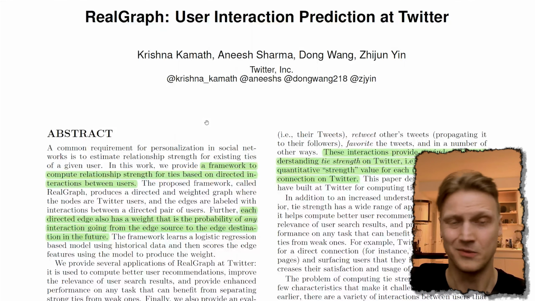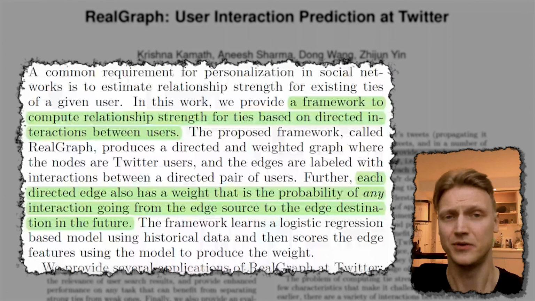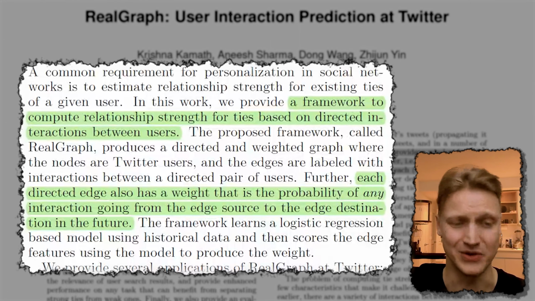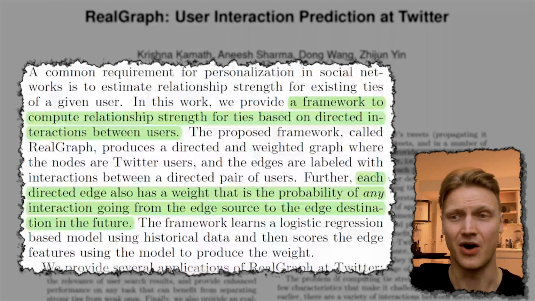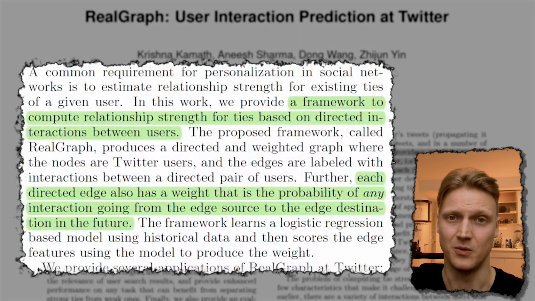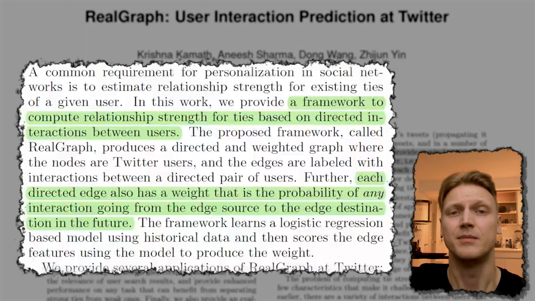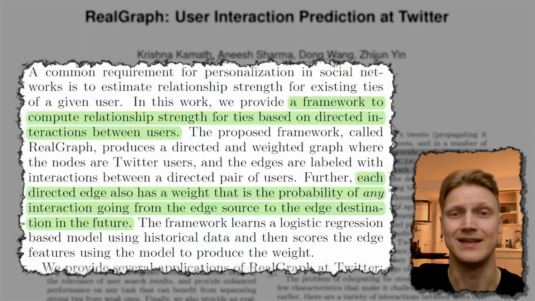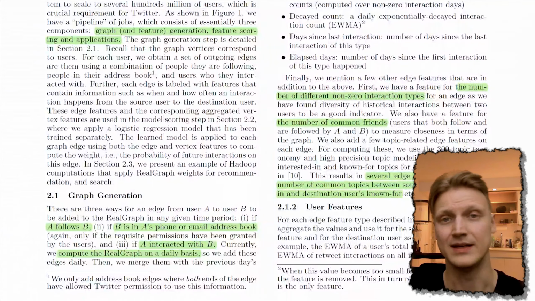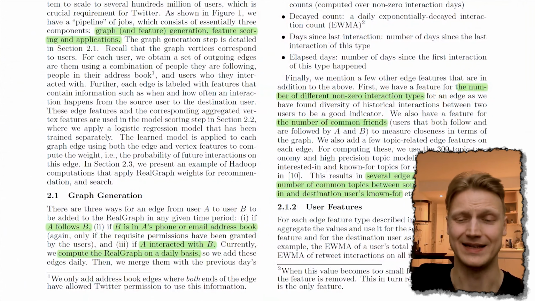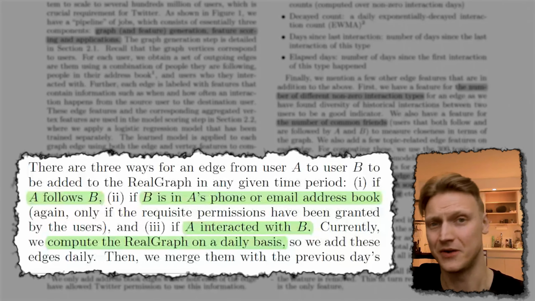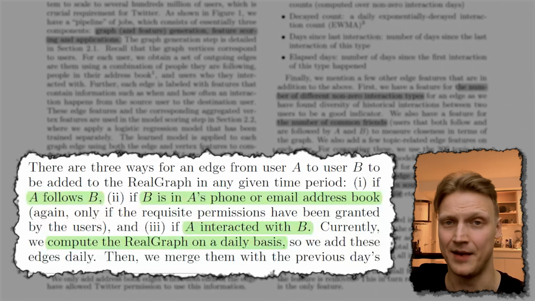connections. What the system does, or rather is a framework to compute relationship strength between users. In it, users are nodes of the graph with directed edges connecting users one to another, estimating a probability of this engagement in the future. What's important is the graph generation itself, which is based on a couple of points when one user follows another or interacted with them in the past.